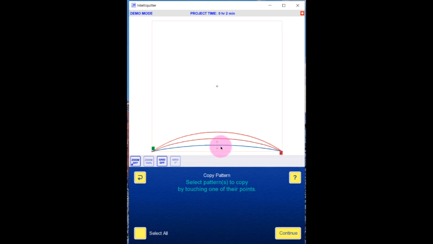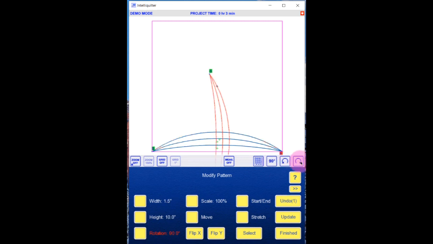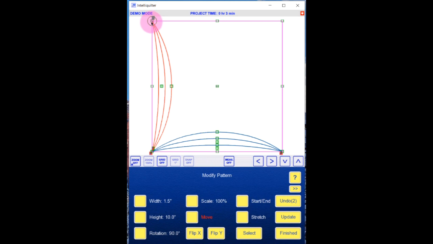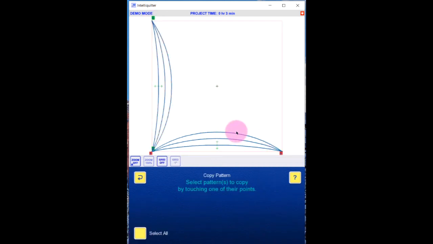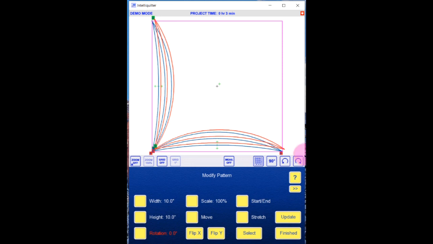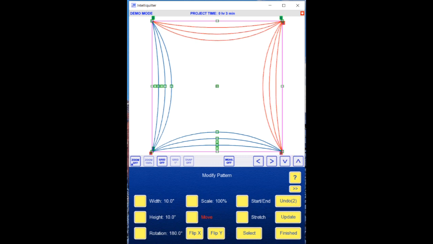So this one, this one, this one. Continue. Rotation. And I'm going to do 90 degrees. And move it. And snap it into the corner. Finished. Now I can copy all of those. Continue. I'm going to do 90 degrees twice and move and snap it into the corner. I'm not going to combine these yet